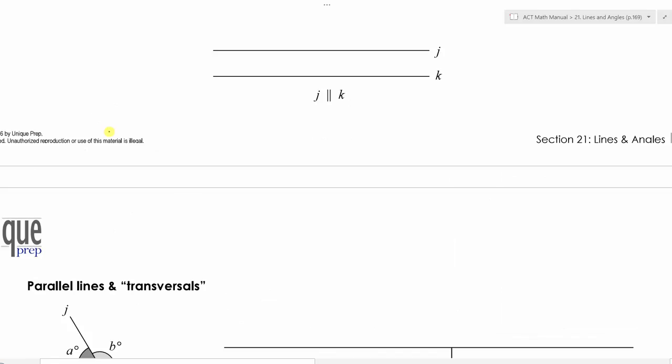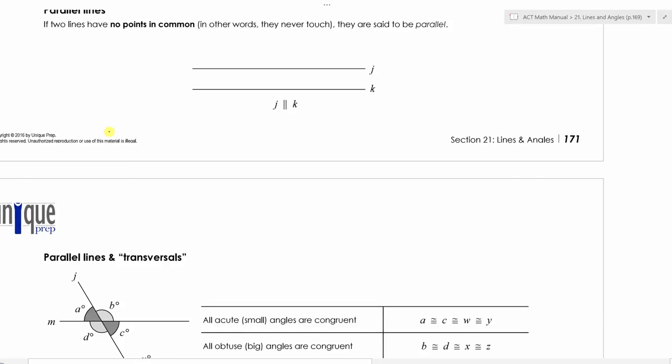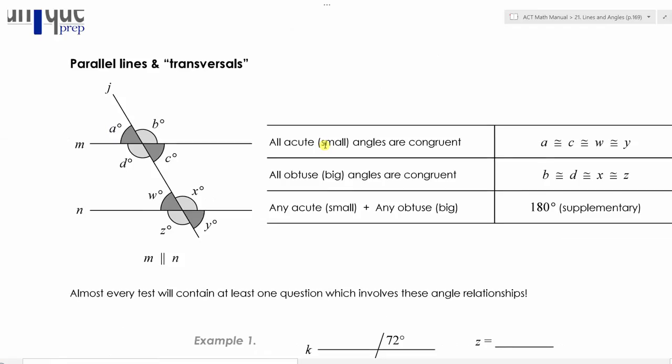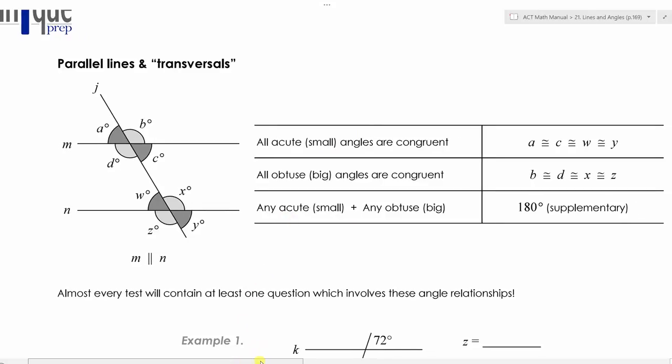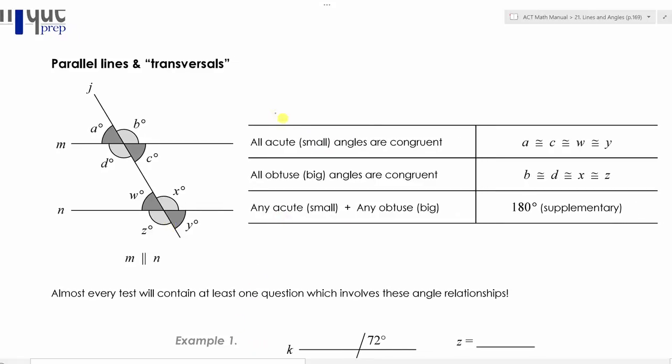Next page, this is page 172. Parallel lines and transversals. These can be tricky for students. In school, most of you learn something like alternate interior angles and same side interior angles and corresponding angles, and yes, it might help to have some sense of what those angles are and where they are and what they mean and which ones are equal,